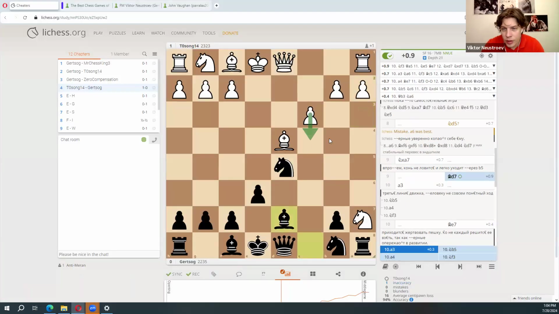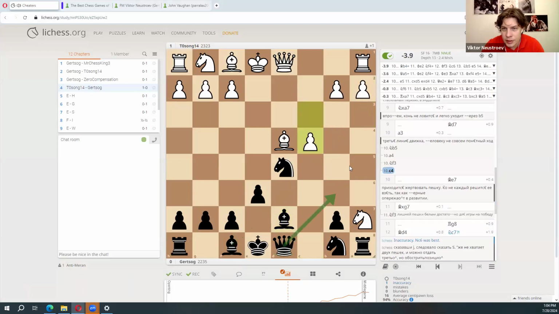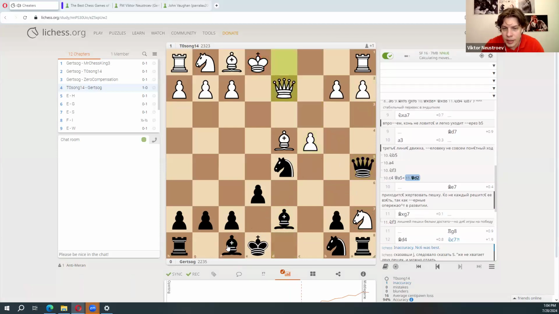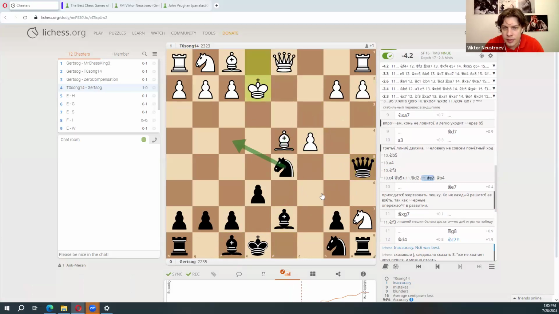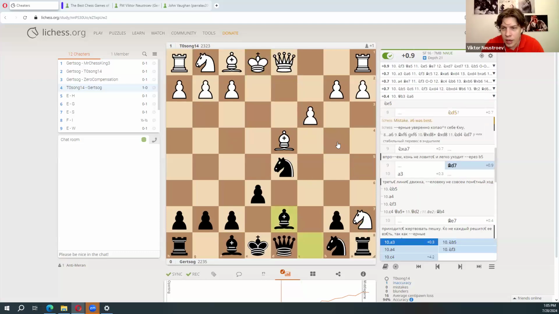So c4 allows me to deliver a check, maybe even this check to take here on a7. Because here, if queen d2, I have bishop b4, and after this I have this. So queen a5, well, this doesn't make sense. So king e2, but then I can check here and maybe take here. Or, well, I don't know. Well, definitely not c4. Ah, you mean a3 is played with the idea of doing c4? Well, then maybe, but it's not obvious.